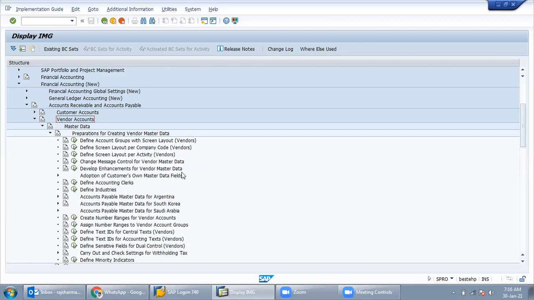Okay. So now we will set up the vendor master data. What do we need in vendor master? Suppose the T code for creation of vendor master is XK01. Okay, note it down.